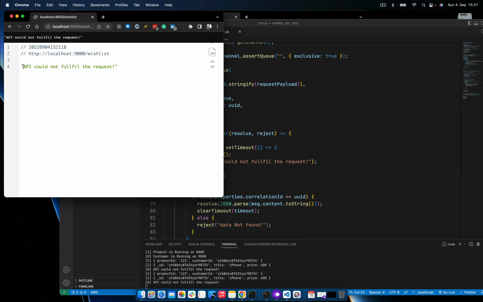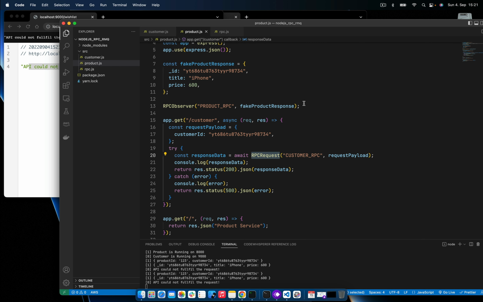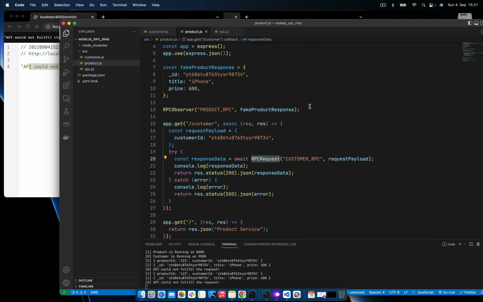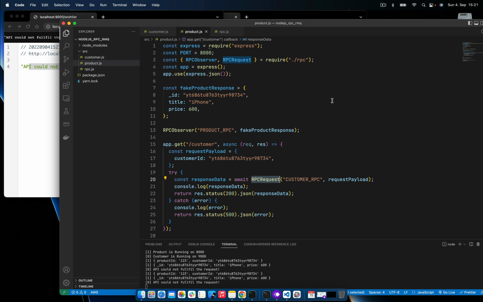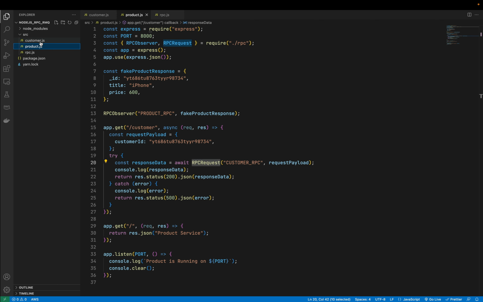Can you see it is giving the response, API couldn't fulfill the request. That's wonderful. So this is exactly the way we are handling the request timeout in RPC calls. I'm just trying to make it very simple, so you people can understand exactly what is happening behind the scenes. Just to recap what we did here, we have created 2 simple Express apps as